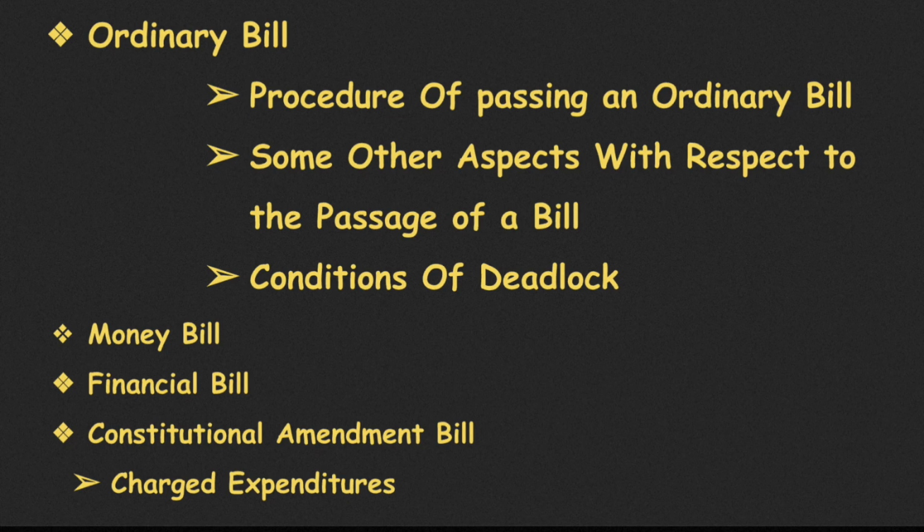The Constitution under Article 112, Clause 3 declares some expenditures as charged expenditures, and it also authorizes the Parliament to declare any expenditure as so charged. These expenditures are the emoluments and allowances of the President and other expenditure relating to his office, salaries and allowances of the Chairman and Deputy Chairman of the Rajya Sabha and the Speaker and Deputy Speaker of the Lok Sabha, the debt charges for which the Government of India is liable, the salaries, allowances and pensions payable to the judges